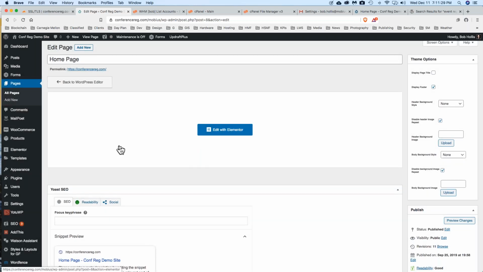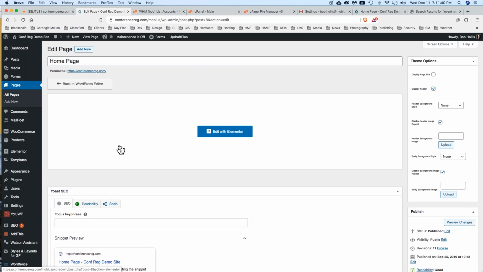Now there's nothing wrong with it if you decide to do it with intent, but you can also just create a new page and just use your WordPress editor in the new page without using Elementor if you've decided that there's something you're unhappy with about the way Elementor is laying out. But for a quick review of Elementor, if you do go into edit,